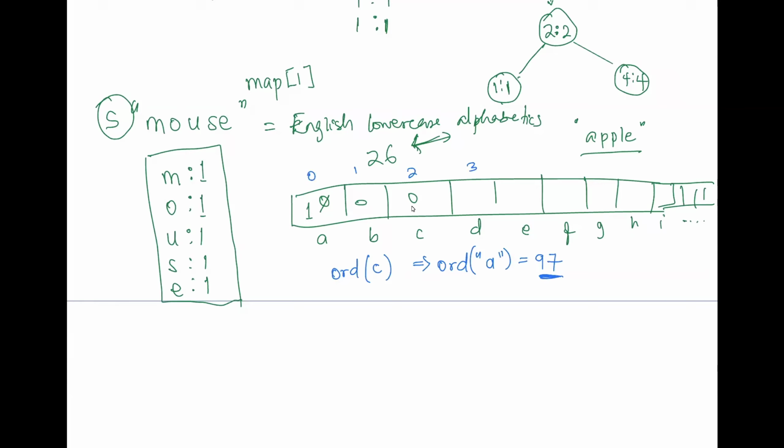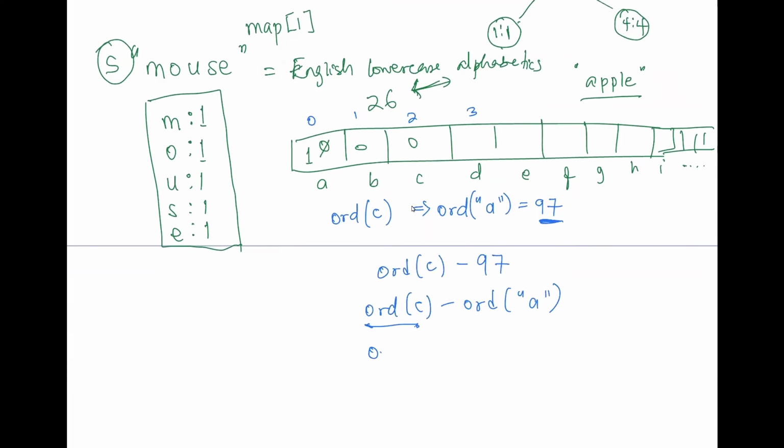So if someone knows 97, they'll say, okay, then it should be the ord of the character minus 97. But I don't want to keep 97 in my head. That is too much, right? So be like, okay, it's simple. Just do ord of the character minus ord of A, right? So all you need to know is the ord function. So if the character is B, this becomes ord